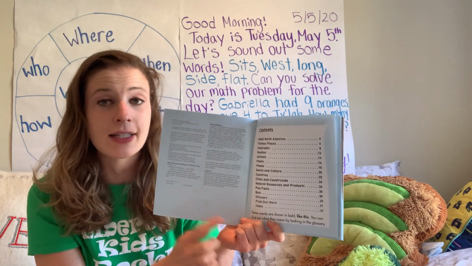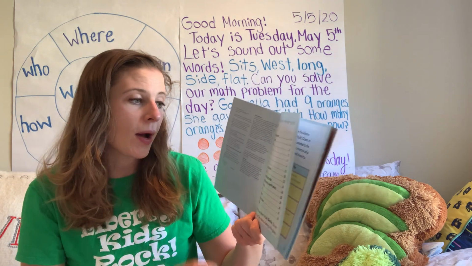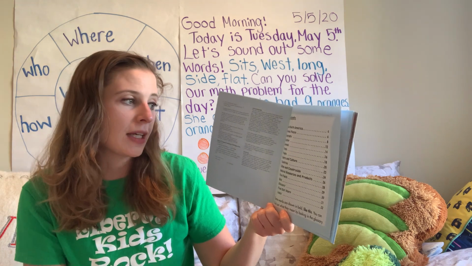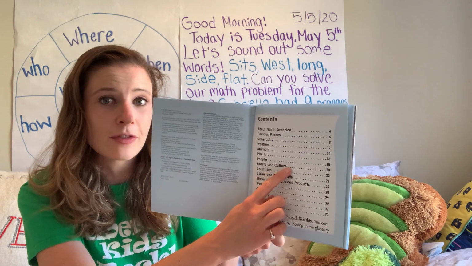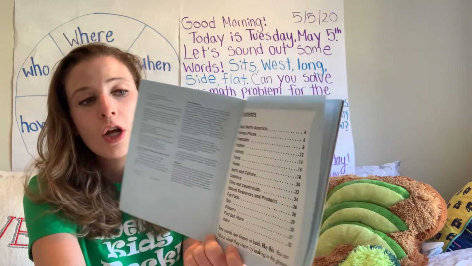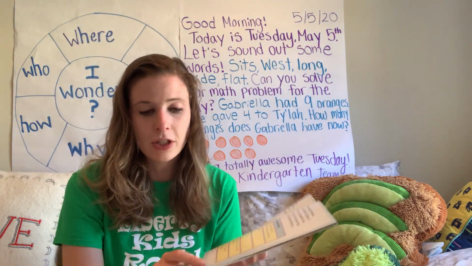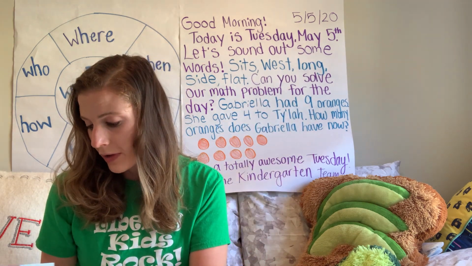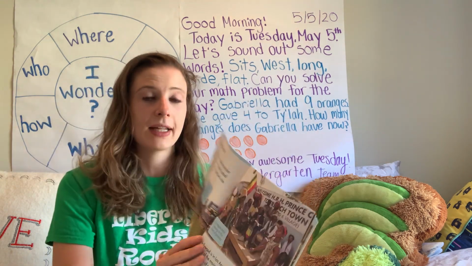So here's our table of contents, which we need to use today because we stopped in the middle of the book. So I believe we stopped on the sports and culture section. So we need to find that. Here it is, sports and culture, and then we use our finger and we just follow these dots until we see what page number, and that is on page 20. So now I don't have to flip through the book looking for the picture. I just have to look at the page numbers, that's a text feature that we know, on the bottom to find page 20. Here it is. Boom. That's how you find it quickly.